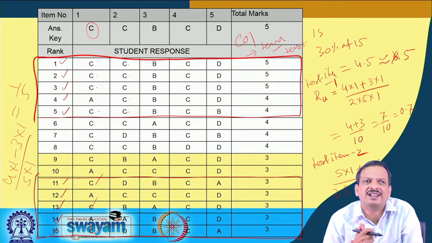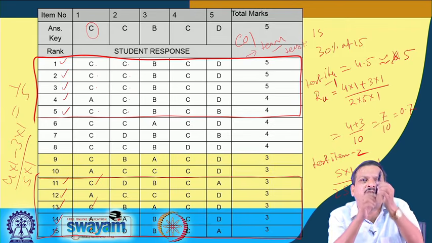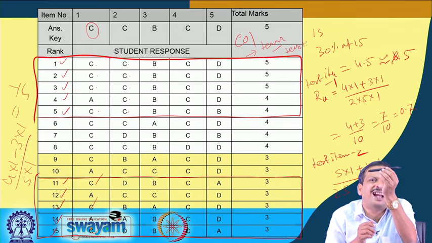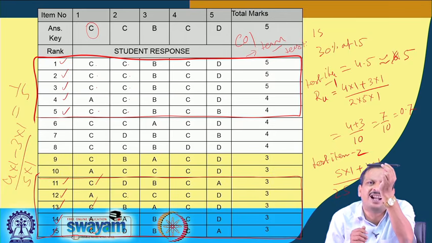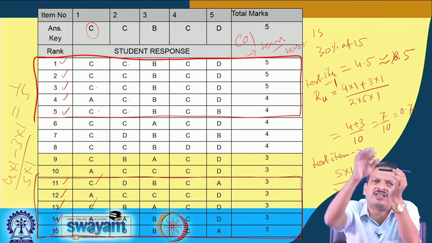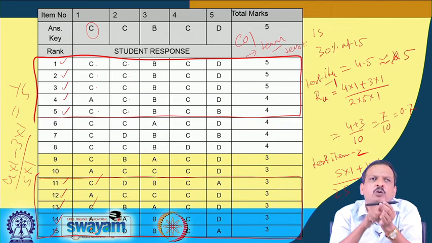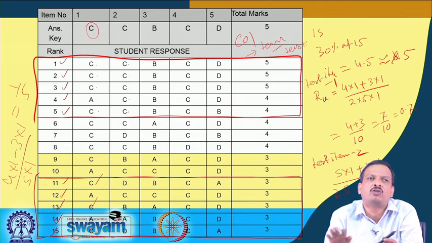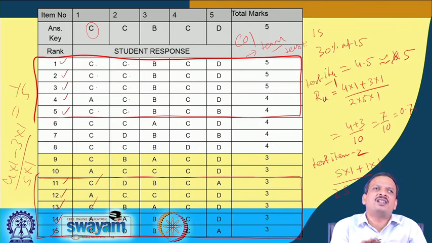Have you understood what I am saying? For every CO I am not designing one question, I am designing many questions, many test items. So, when I calculate the attainment of the CO, I may consider question number 1. If a student achieves question number 1, they have attained the CO. But I can give questions 2 and 3 related to CO1, with which I want to measure the highest achievement level. That can also be possible. Okay. So, that is why this test item analysis has to be carried out. Okay. So, thank you.